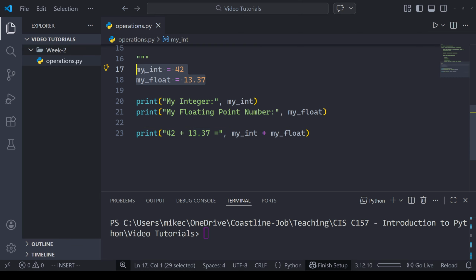I only have to assign values to my int and my float once up here, and then I never change them. And every time I refer to my int and my float, I know I'm going to get those same values. If I am just passing in numbers all the time, I might make a mistake like this, where I do 133.7, I put the decimal in the wrong place, just a typo. And so using variable names helps us avoid those types of mistakes too. All right, so I'll put this back to the way I recommend you do it.